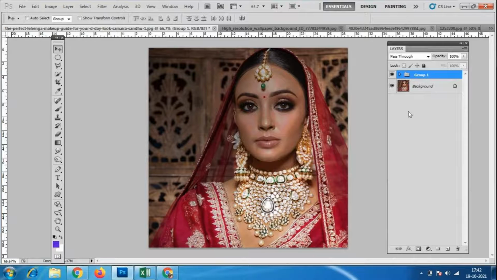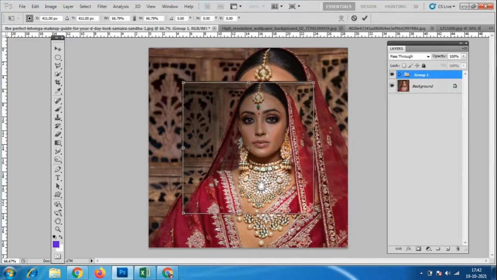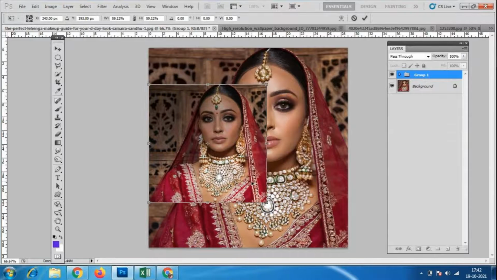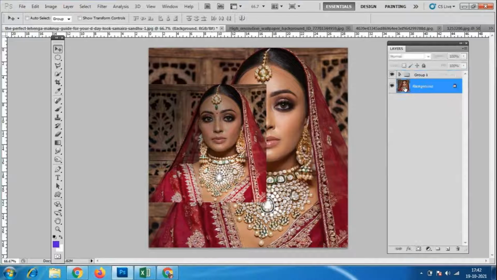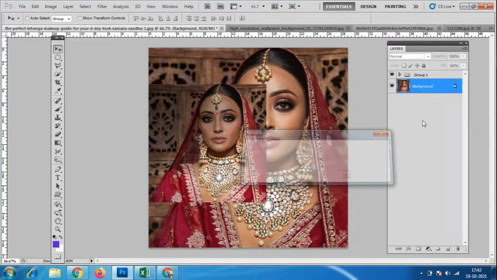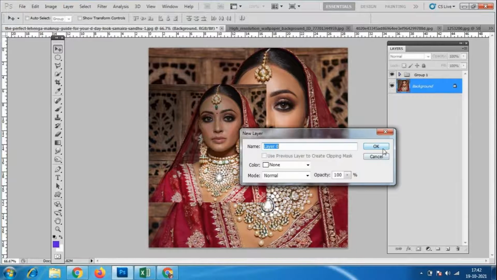I'll keep both the files. Control T, I'll resize this file like this and keep it to one side. Enter. Again I'll go to this Background file. It's locked. How to open the lock? Click on this lock option and double-click on it, then OK.